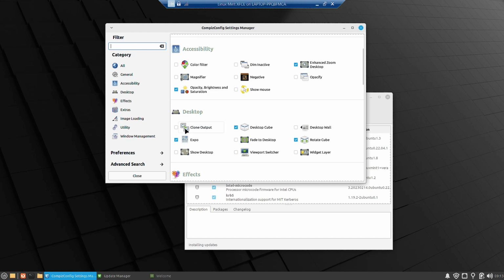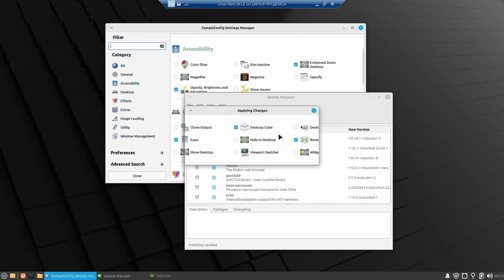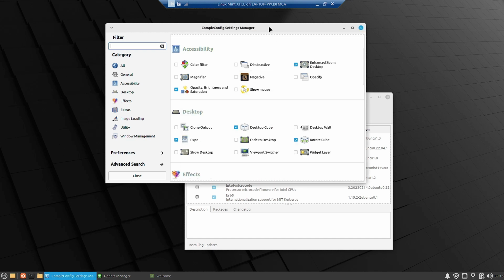So they will be integrated. And the desktop settings are there, like the desktop cube, fade to desktop. These are all different features of the Windows. So in Windows, you can clone the output of Windows. You can show the Windows as a desktop cube. So if say 3 or 4 windows are open,